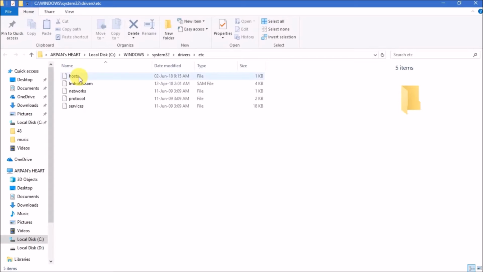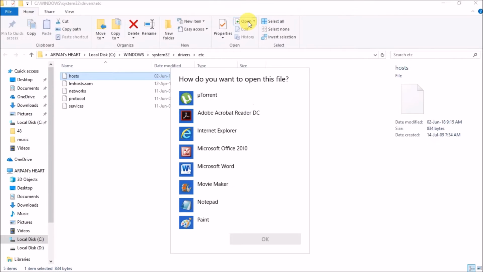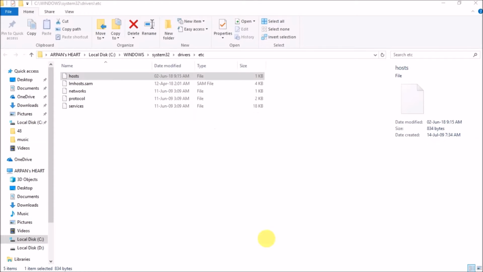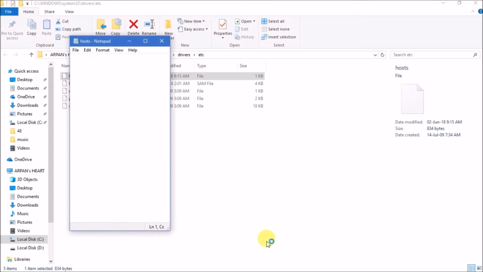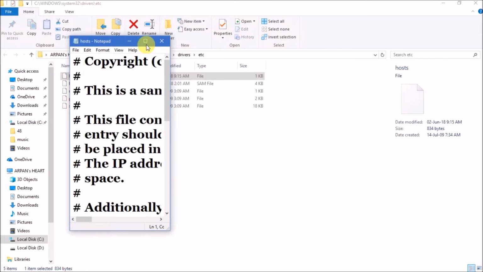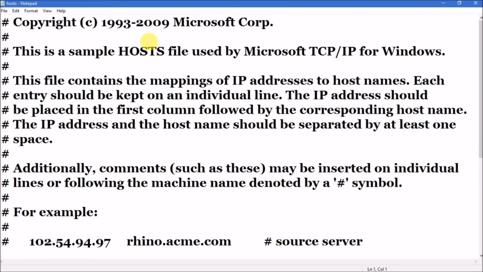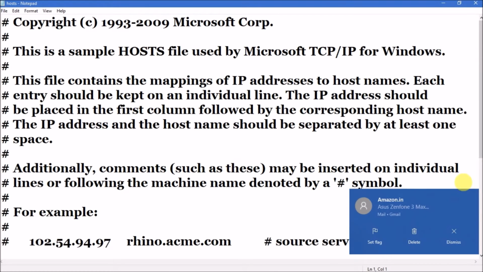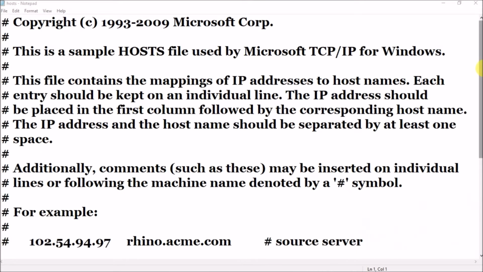After opening the etc folder, you will find the first file is hosts. Open it with Notepad, click on open, and double click on Notepad. Now that is the file, and you have to scroll it down. After that you will see